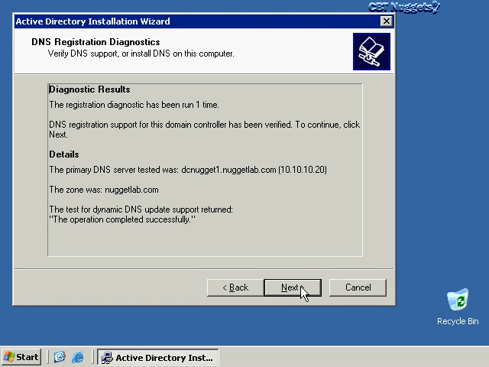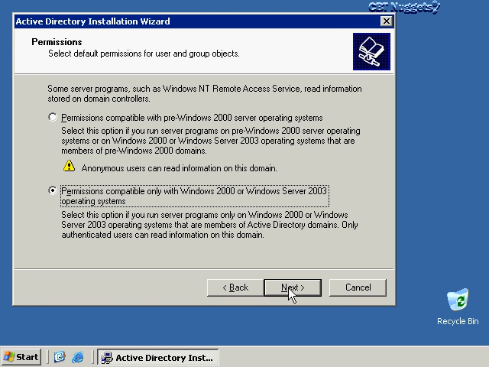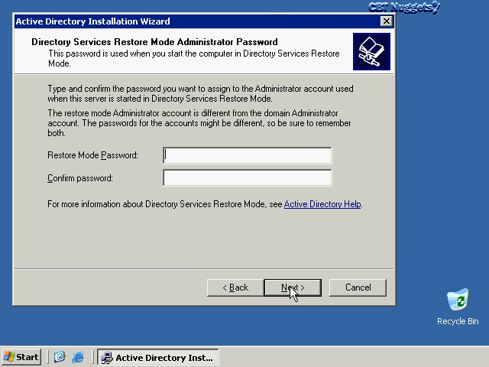So I'll go ahead and click on Next here, and then we'll see that it has performed a DNS registration diagnostic, and it's gone to its designated DNS server, which is this one right here, which I mentioned a little bit earlier, and the zone was nuggetlab.com, and what we'll see happen here is it's going to go ahead and create that subdomain. Now, we can specify permissions compatible only with current versions of Windows operating systems, which helps to avoid certain security vulnerabilities with anonymous users if we had used only pre-Windows 2000 server operating systems like NT4. And then we'll enter in a restore mode password,